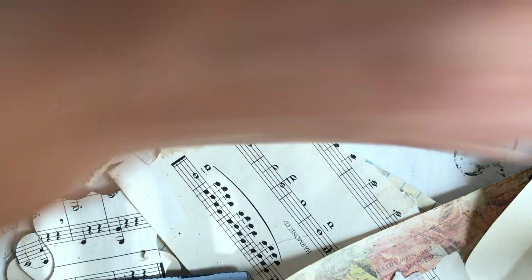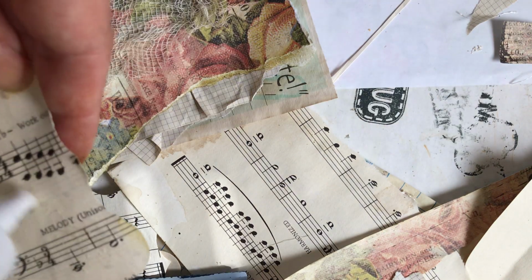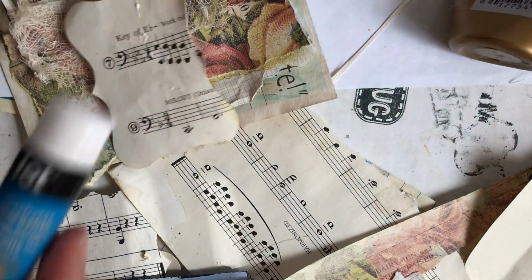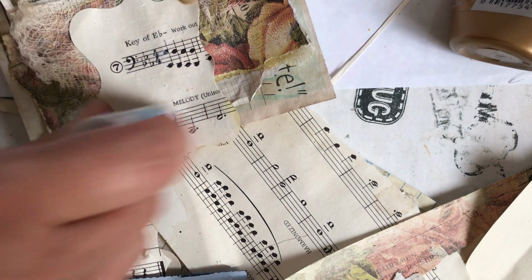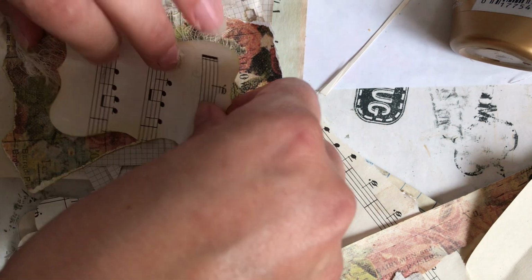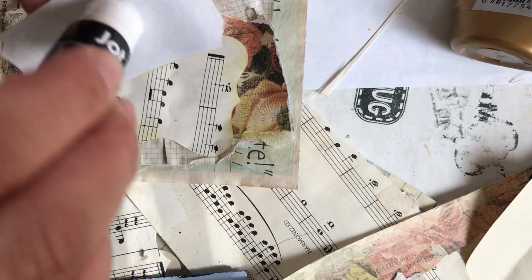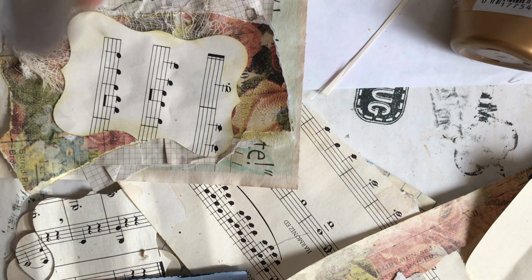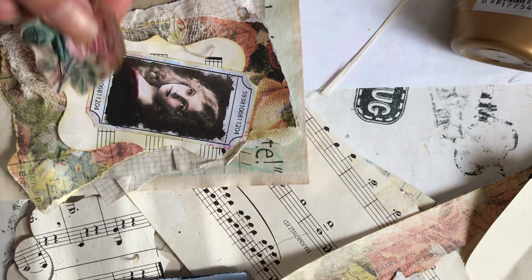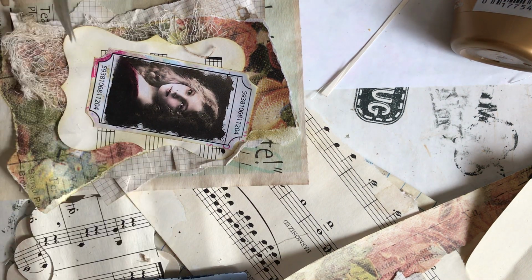Oh, that one is not working really good right now. Let's see if this one will. This one is almost out. Okay, we're just gonna use the screw glue stick, which I don't use very much at all, but today it seems to be the one that I'm using. I use a tacky glue most of the time. So this one goes on the bottom